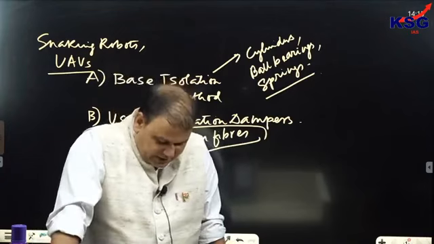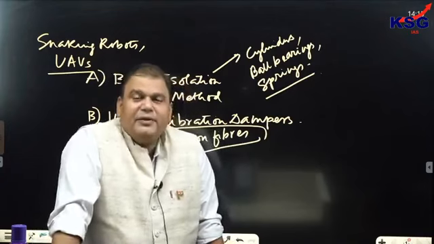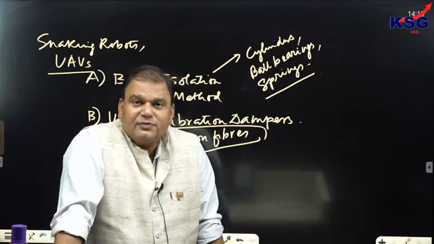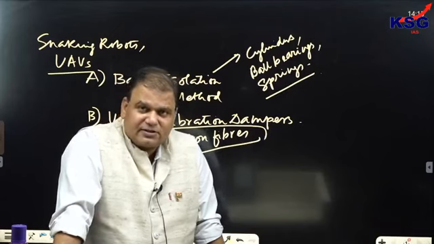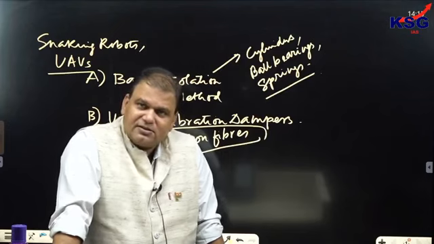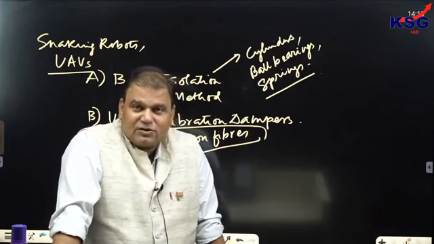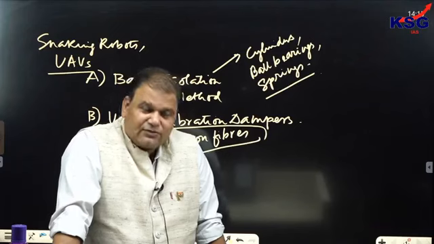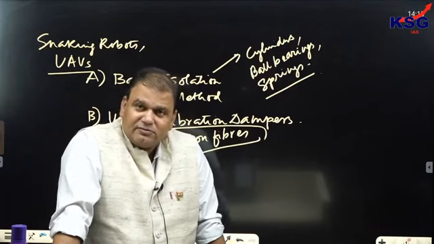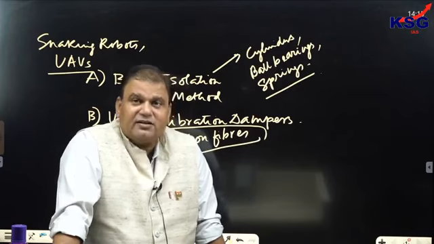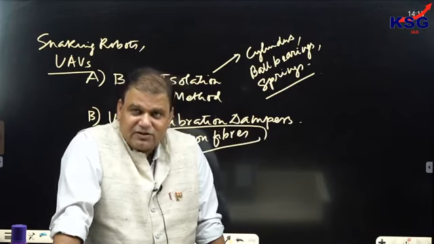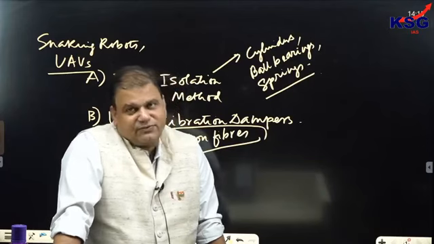But as far as floods are concerned, there are many reasons behind floods in India. One natural reason is also there. Silting of rivers is a cause of floods. Meandering of rivers is a cause of floods. Flash floods can occur due to cloud bursting. It can occur due to dam bursting, due to tsunami, due to tropical cyclones. So all these would be considered as causes of floods.